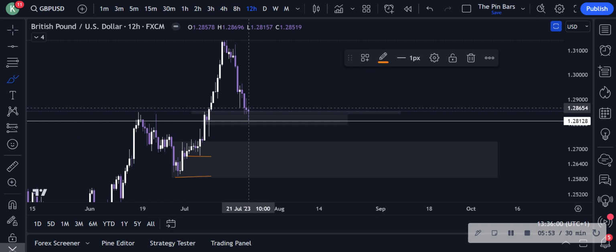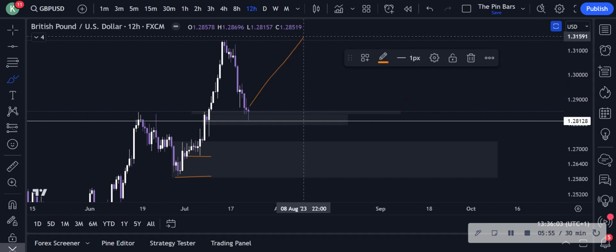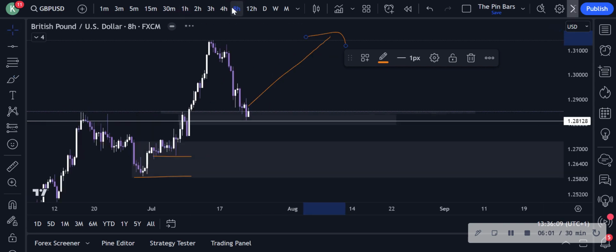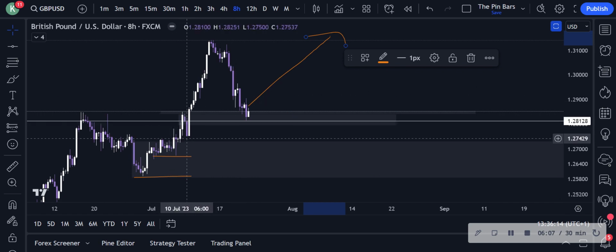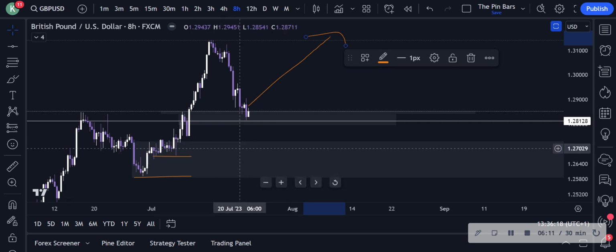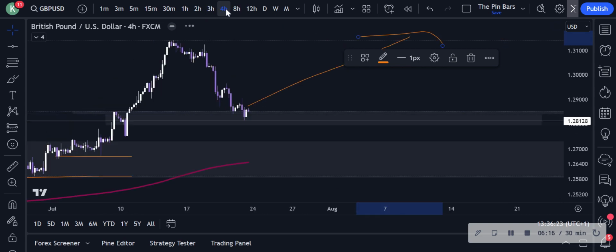Okay, let's see. So I do think price is going to go this way. Let's see if anything else changes from our cover. So we are getting step downs. So like a huge zone here, which price has tapped into. We could possibly come down to this zone because this is another crucial zone. What I do want to see is obviously a break of structure to the upside. So we do see